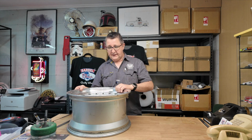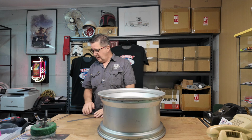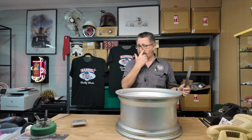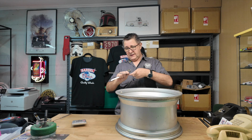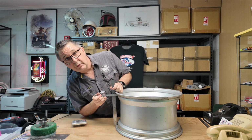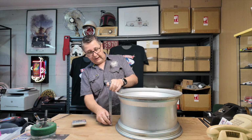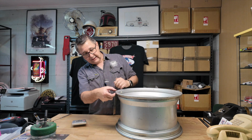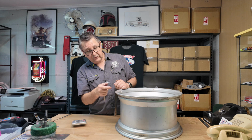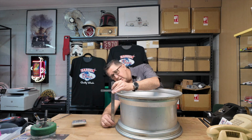So this one's been reversed. Let's have a bit of a look. Let's see what the story is. Where's my calculator gone? There it is. Okay, we've done this 100 times, but we'll do it again. So, 9, right? 9 inches wide, between there and there, not the overall width of the wheel. Overall width of the wheel will be an inch wider, which is 10. There's a half an inch there, and there's a half an inch there. Generally, always. All right. So our overall width of the wheel is